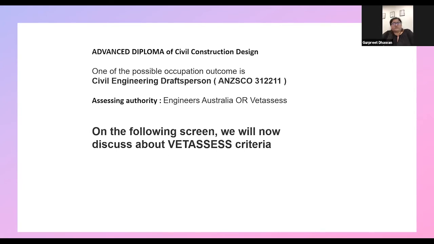When we discuss the Advanced Diploma of Civil Construction, there is a very important fact about this course: it can be assessed by two different assessing authorities. One is Engineers Australia and the second is Asees. Amrit ji has already discussed the criteria for Engineers Australia for Telecommunication Engineering. Melida, can you please go back on screen